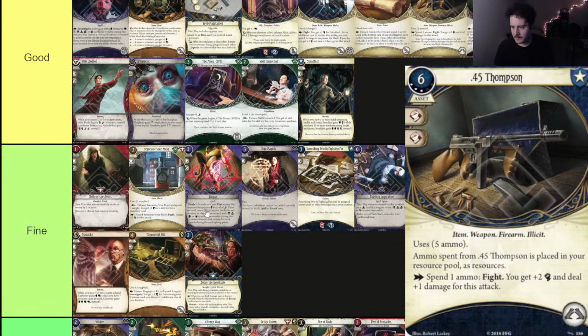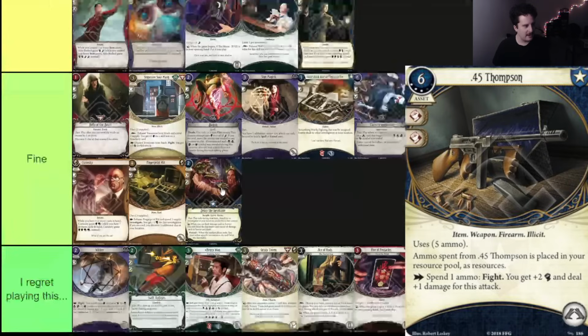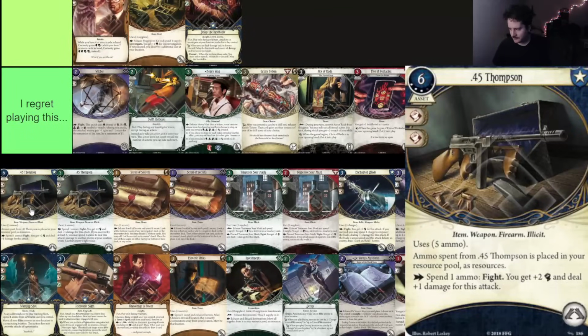Okay. The .45 Thompson level 3. So now we're going to see the upgrades of the multi-class cards. 5 ammo. Ammo spent from .45 Thompson is placed in your resource pool as resources. Spend 1 ammo: Fight, you get +2 fight and deal +1 damage with this attack. I think...